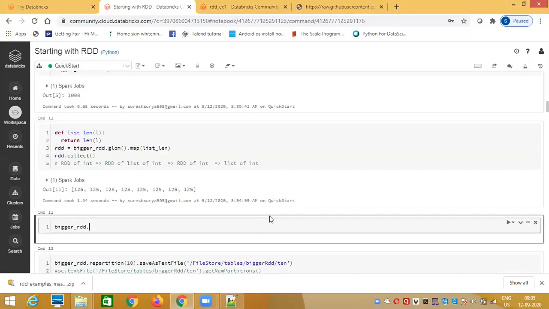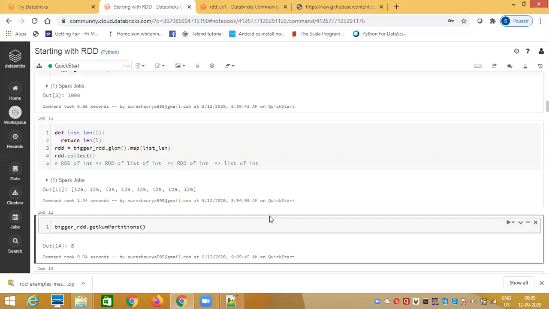Same thing, 8 partitions, 8 part files. If I want to get only one file from that RDD, how can I do that? One part file will be created if we give the partition as one. Exactly. Every time, whatever the number of partitions, you'll expect the exact same number of part files inside the directory.